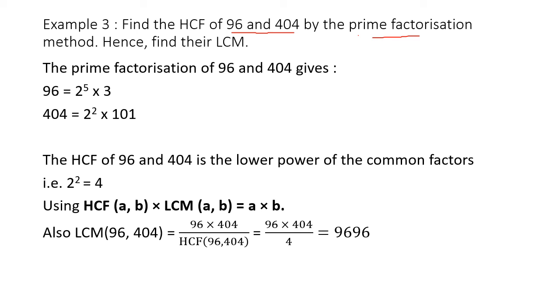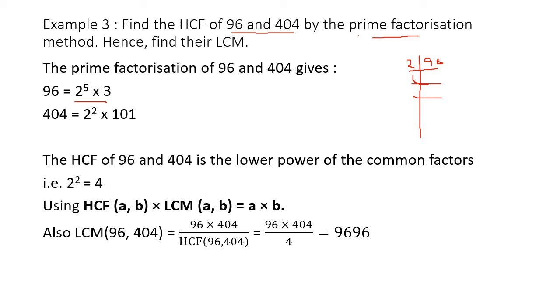Okay, first we do this. So what is 96? You have to do the whole factorization first. Yes, do it in your book. How will you do it? 96 you will factorize. So we write 2 times 48 is 96. Then 2 times 24 is 48. Then 2 times 12 is 24. Then 2 times 6 is 12. 2 times 3 is 6, and 3 ones are 3. So you get 2 into 2 into 2 into 2 into 2 into 3. That is 2 raised to 5 into 3.